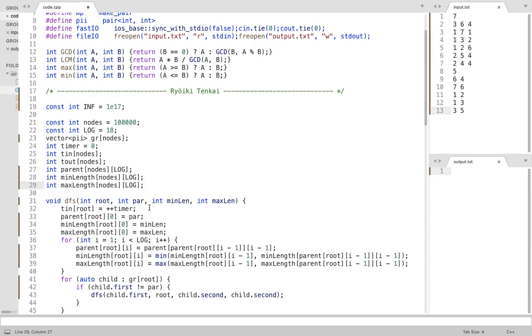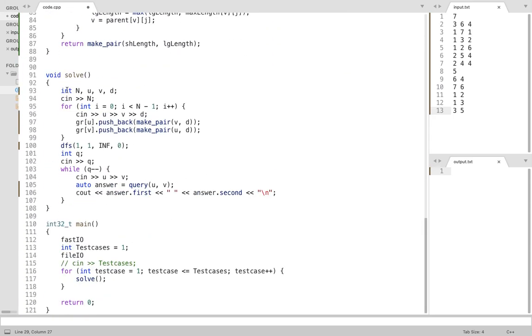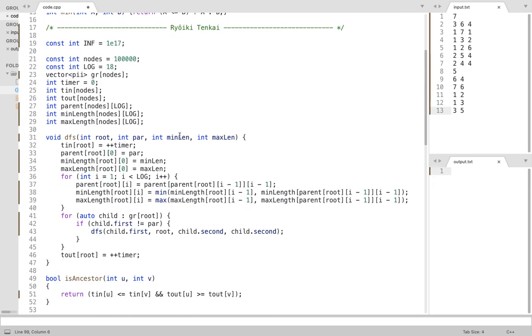Once you take the graph as input, I make the DFS call, and notice that I am passing two additional parameters, infinity and 0. Infinity is the initial minimum length, because the minimum length is going to be compared and come down. Similarly, max length is initially 0.